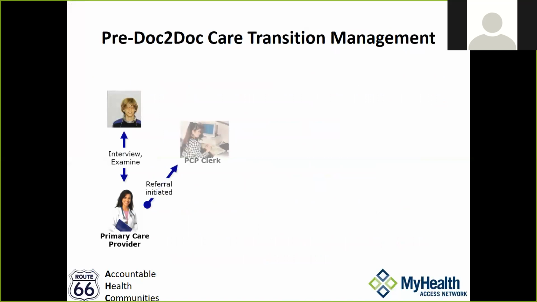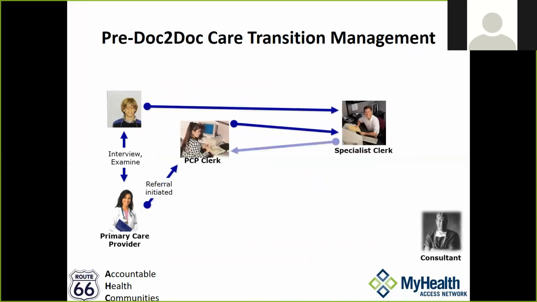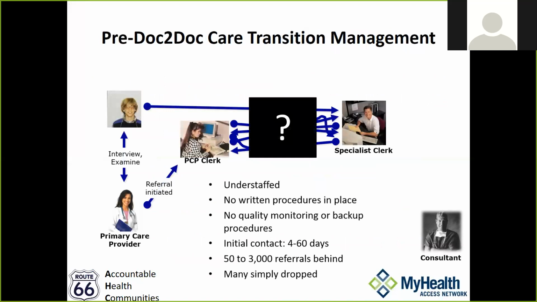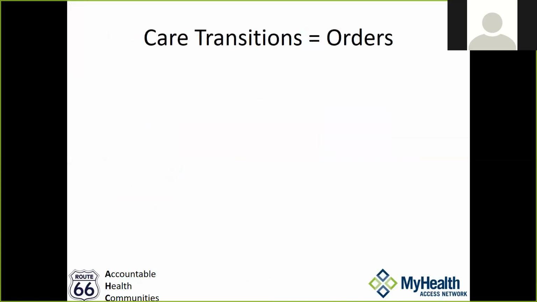And the way we used it is, first we put in care transition management, and we studied the process, and this is what we found was happening in the community. Either patients who were getting seen by their PCP were being told to get their own specialty care or get their own services just by giving them a phone number or an address to go to, or the clinic referral coordinator was trying to manually do that, and it was a mismatch of phone calls and faxes. And on the whole, our initial analysis showed that it was highly ineffective, and the ball was getting dropped constantly.